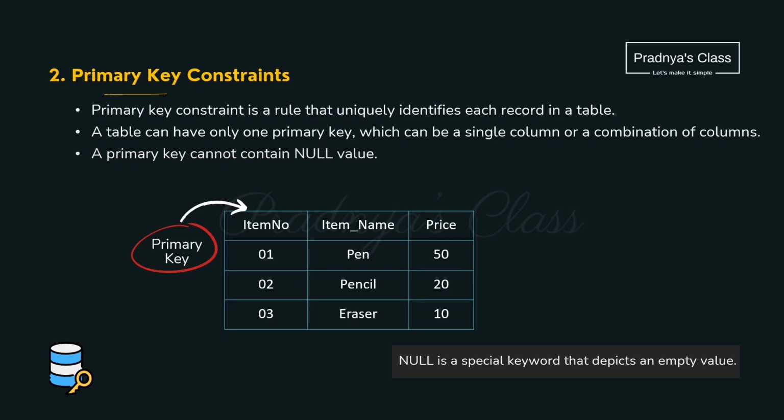Moving ahead to the most important constraint, that is the primary key constraint. If we apply primary key constraint on any column, it means what? It will not allow duplicates as well as it will not allow null values. Null means you cannot keep that column entry empty, and duplicates means 2 rows should not have the same